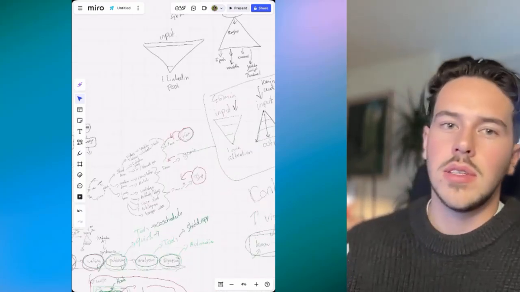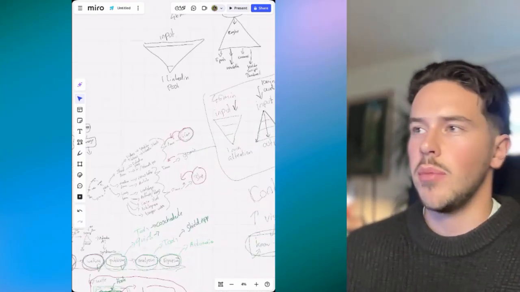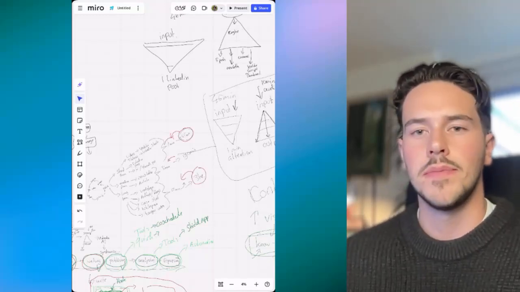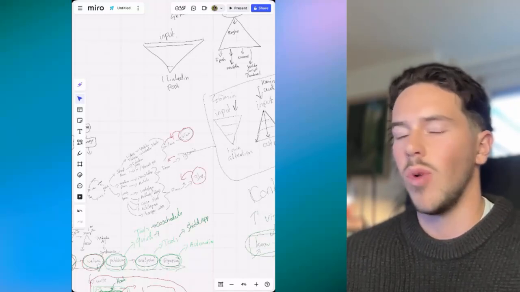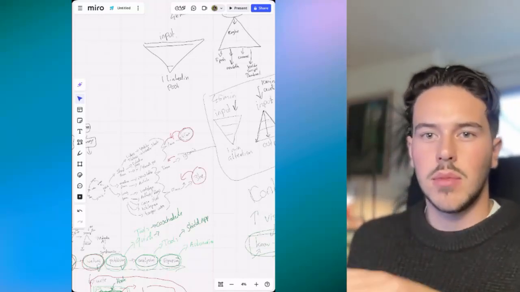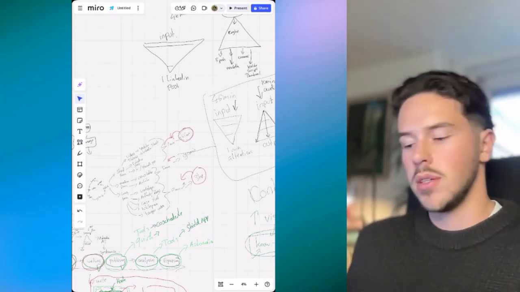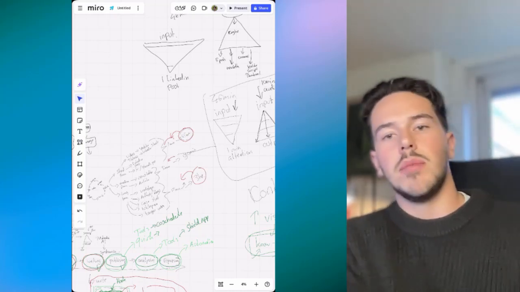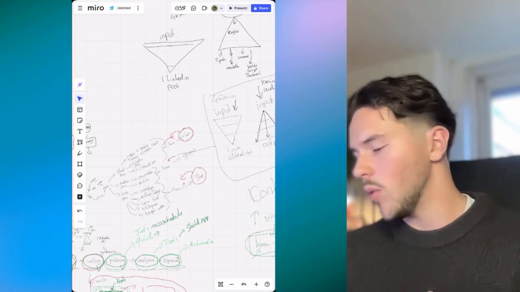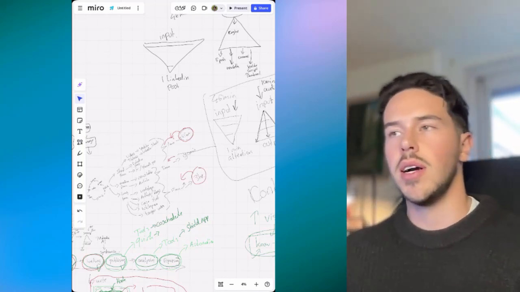But the thing is that you don't need to think about a concept or something you want to post, or have writer's block looking at an empty screen for 40 minutes just to get one post out. Imagine what a system like this can do for your billable hours. So as I said in the beginning of the video, you want to post content, you don't know where to start, don't know the ideas, the content to write, or repurposing it.